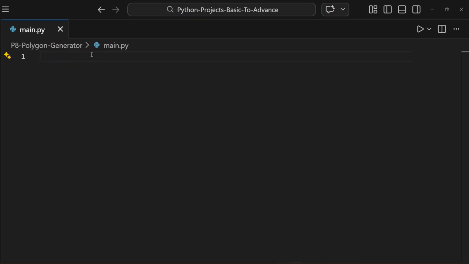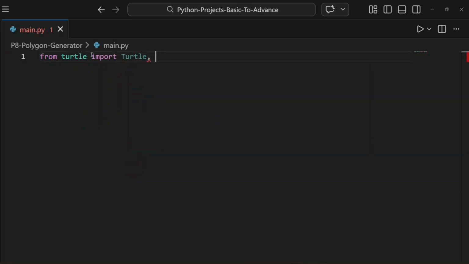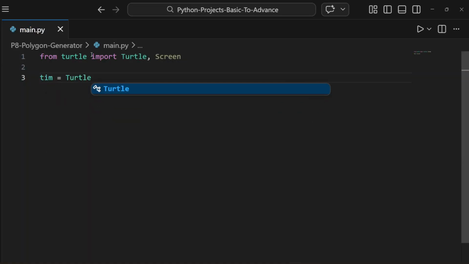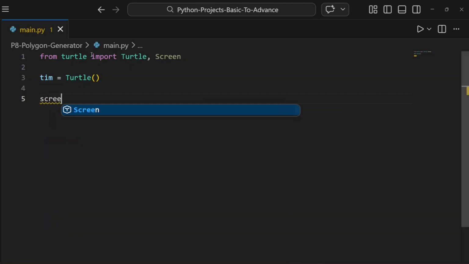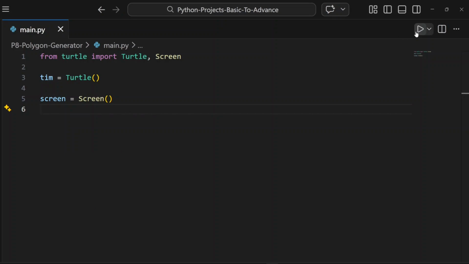So let's start coding. We need to import the turtle module. So from turtle, import Turtle, and we also need Screen. So Screen, and let's create a turtle object and give it a variable. Let's say tim equals Turtle, and create a screen object also. Give a variable, let's say screen equals Screen, and if we run it,